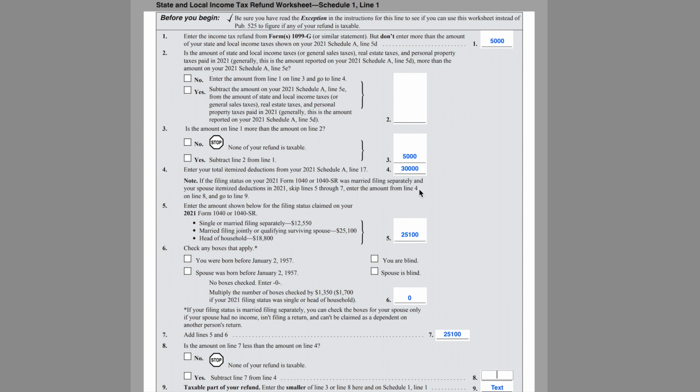Now, let's imagine that we only took, let's say, $28,000 of deductions. So then now we're calculating the difference between $28,000 and this $25,100, and that's $2,900. And then that would be the amount of our taxable refund. So like I said, this is the worksheet that you would use to calculate what goes on to Schedule 1, Line 1. In this situation of the 2022